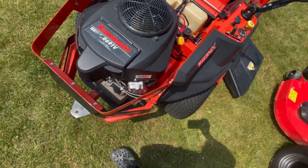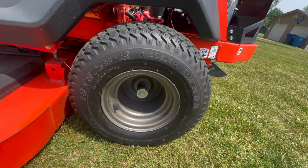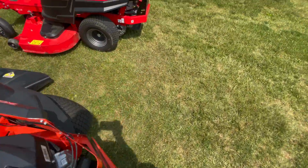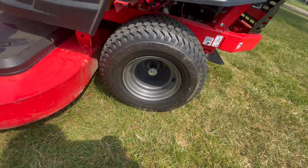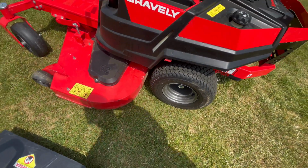So let's see what the tires are on this. Same tires, I think. They're 18 by 8.5 by 8. They're Super Turf by Kenda, and that's going to be the same thing that's on here. These were actually the same thing that were on my Hustler 42-inch with a Honda motor. It was a smaller tractor, but